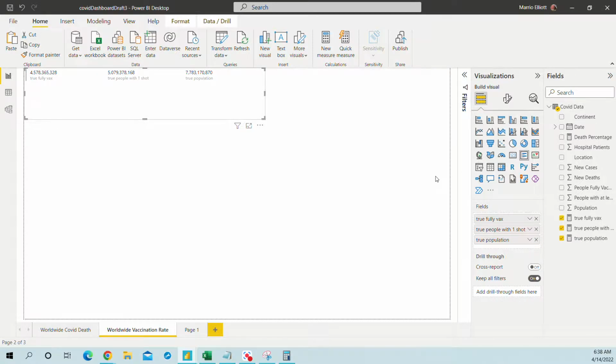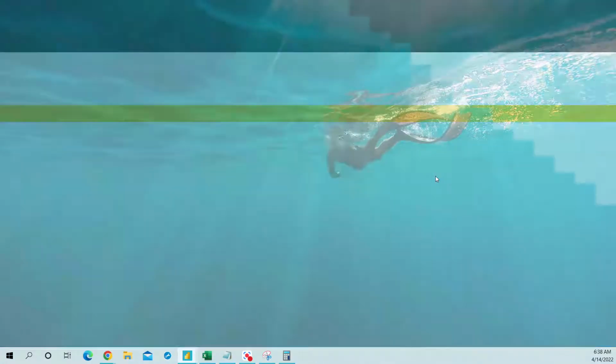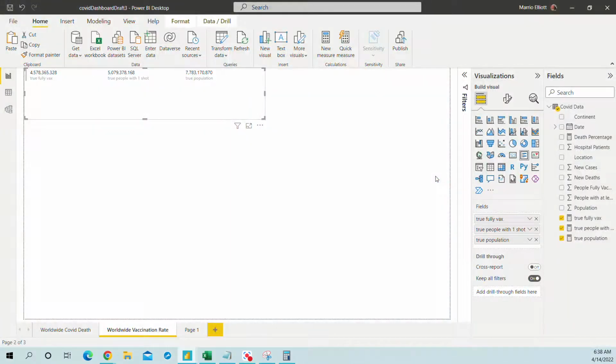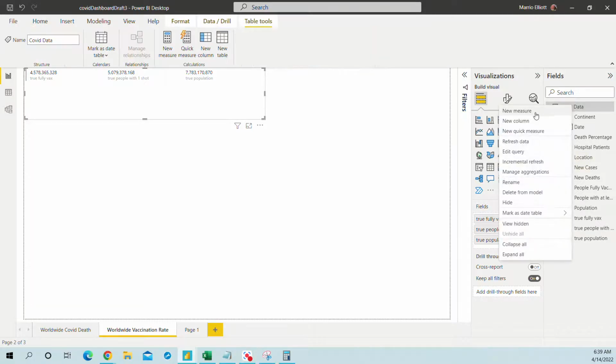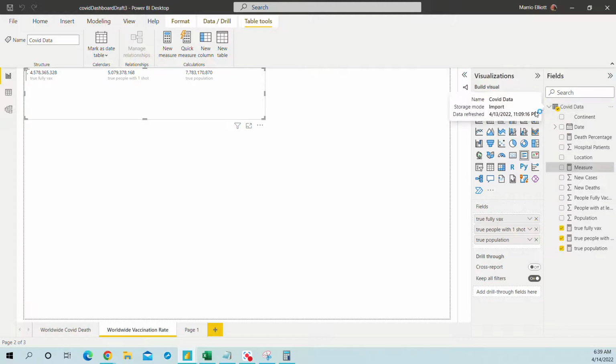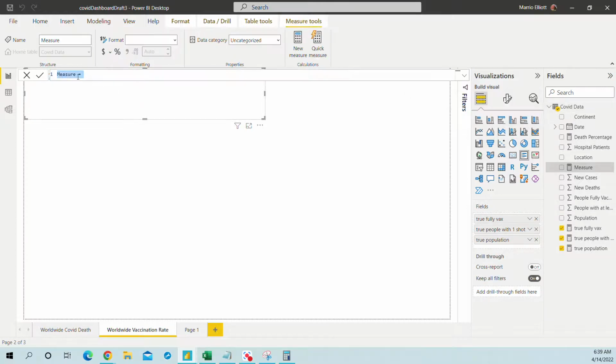So let's do that now. We're going to do a new measure, and we're going to call this percentage of people